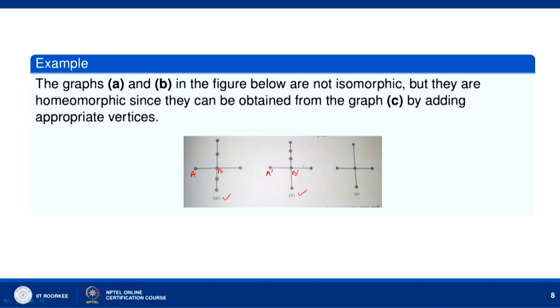Then corresponding to BC we have B'C'. Now, let us see, here we have D. So, corresponding to edge DE we have D'E' here. Now, corresponding to the edge this one, say, here we have F'. Corresponding to the edge E'F', we do not have EF here. Say you take the E'F' edge, then we do not have EF here.